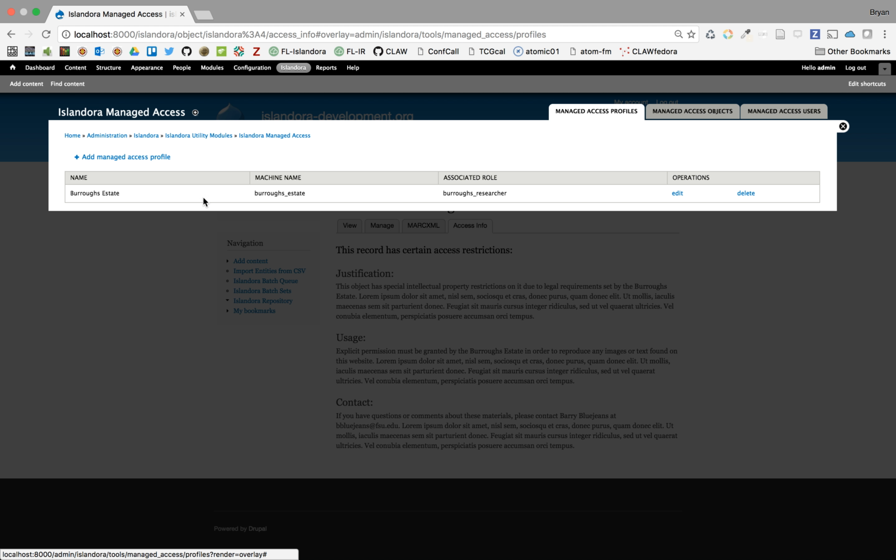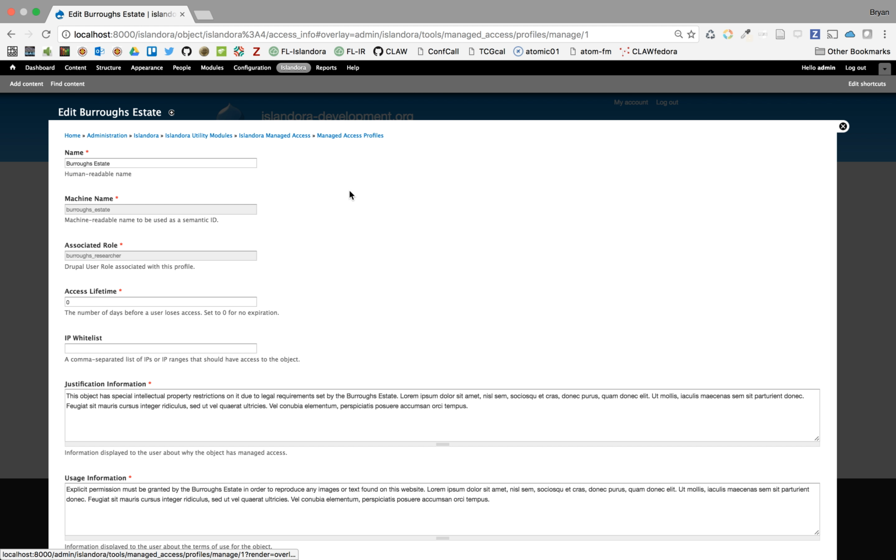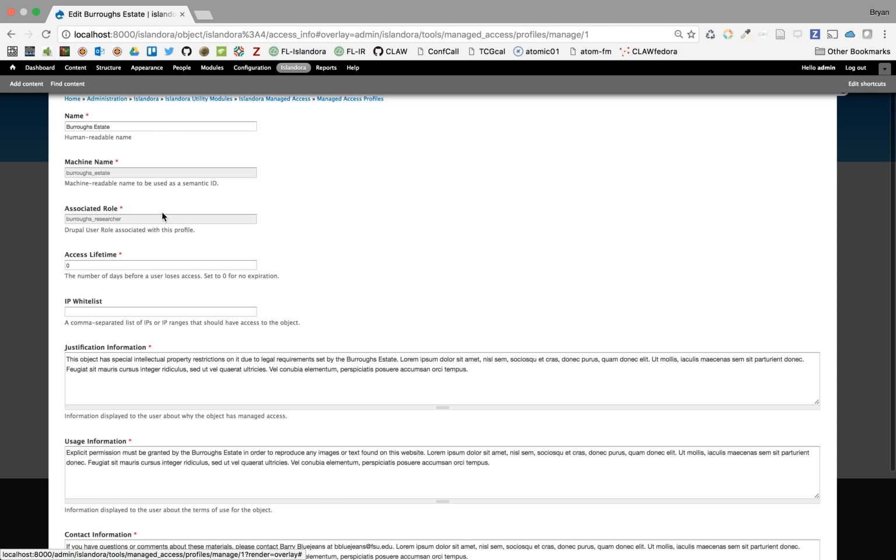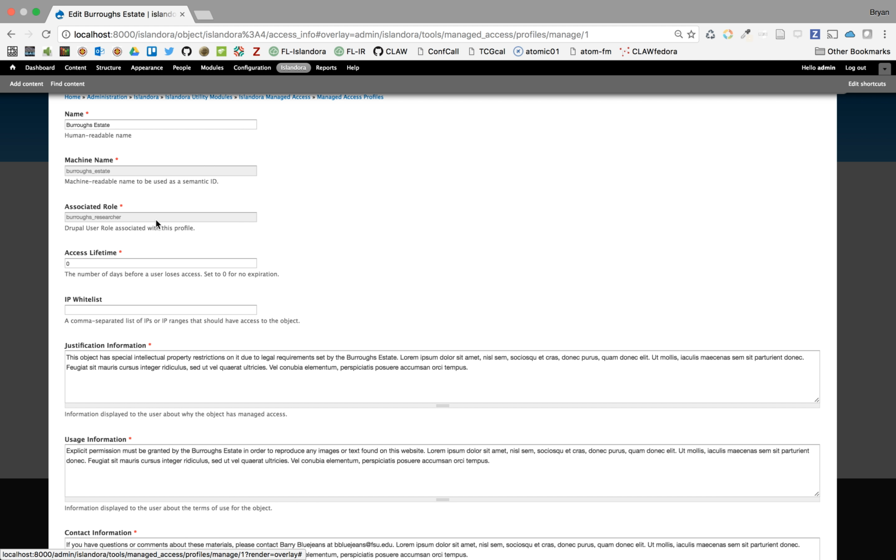Here we have a view of all the currently existing managed access profiles. This one is called Burroughs Estate. Let's take a look at it closer. Here we have a human readable name, a machine readable name, an associated role that will get created at the time of profile creation, an access lifetime, which is an integer number for how many days a managed access user can go before they're automatically deleted from the system, an IP whitelist, which is a comma-separated list of IPs or